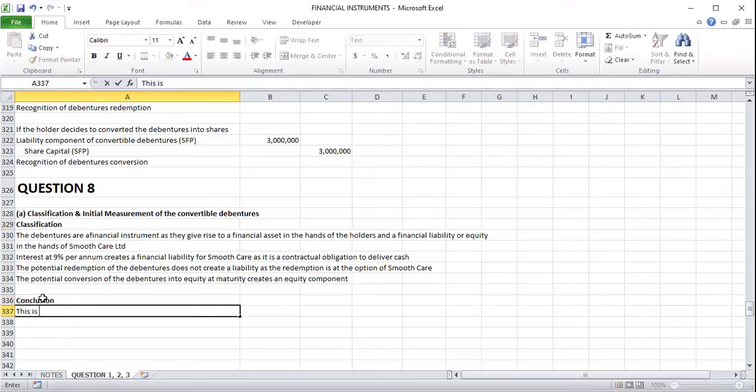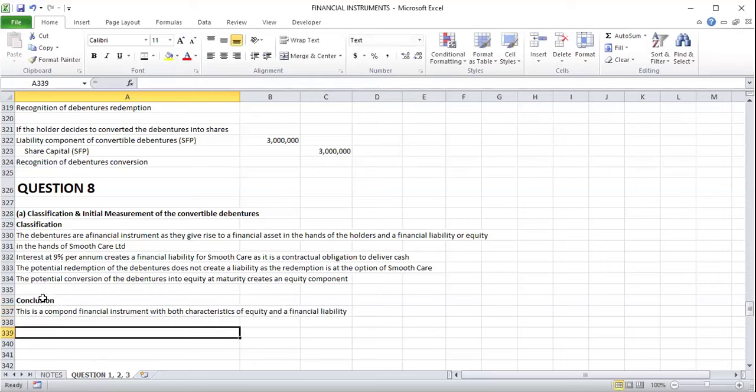This is a compound financial instrument with both characteristics of equity and a financial liability. Right. Then initial measurement. Right. So then we would say,